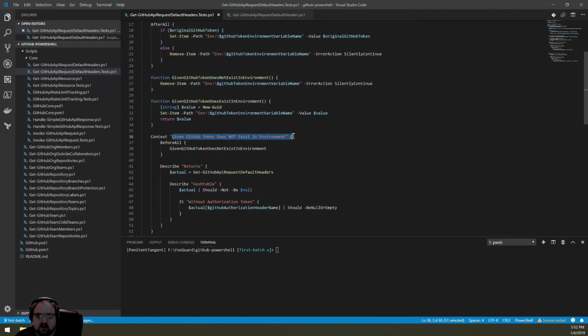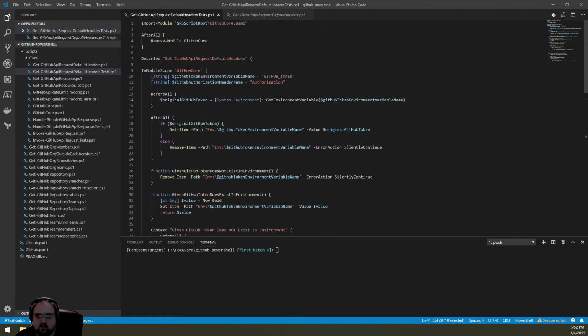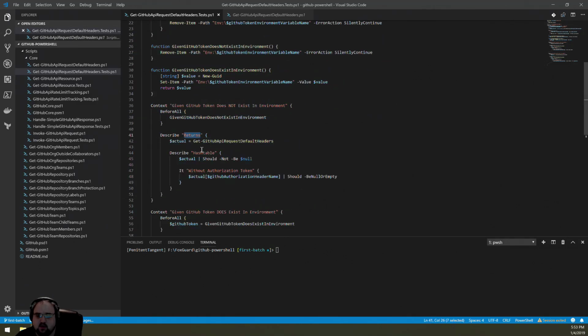Given GitHub token does not exist in the environment, returns, remember we're describing this commandlet. We're saying it returns a hash table, and we assert that it's not null without authorization token. Once you get used to the structure, you should be able to read down through it and understand what you inserted. And as you go, you'll see contextual information telling you how the test is set up to